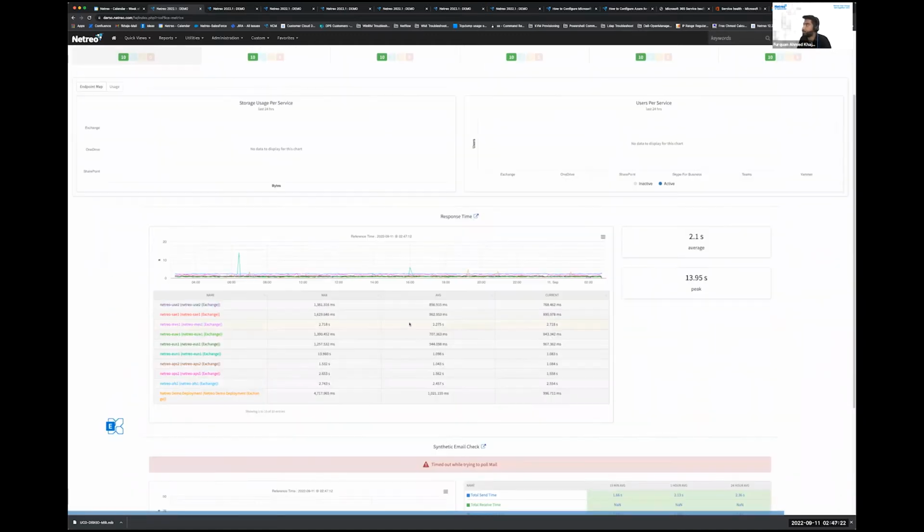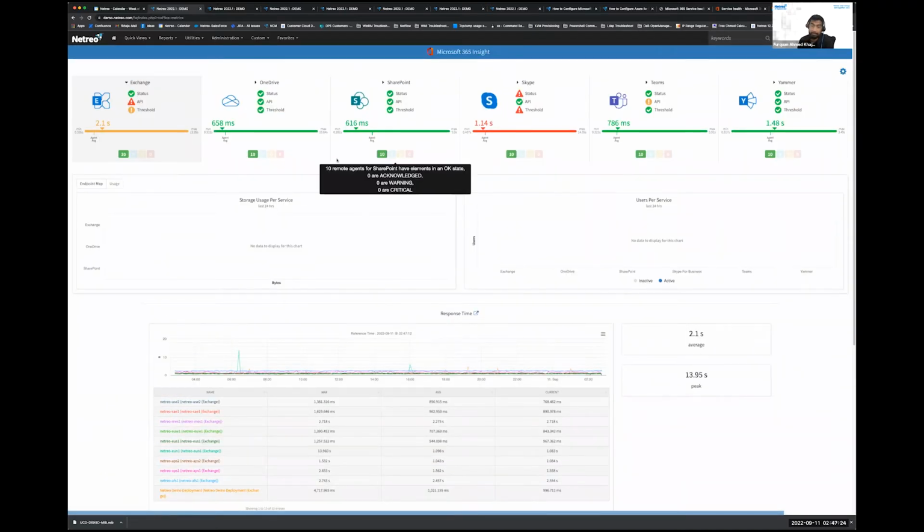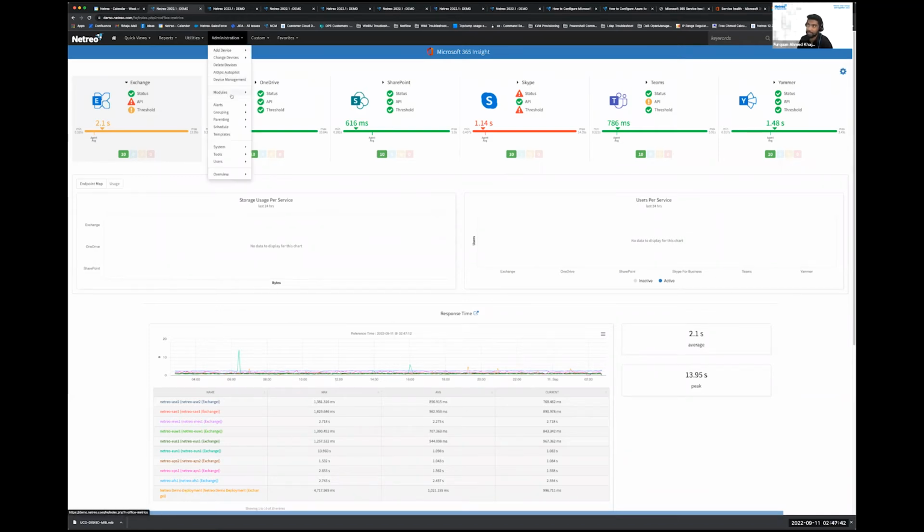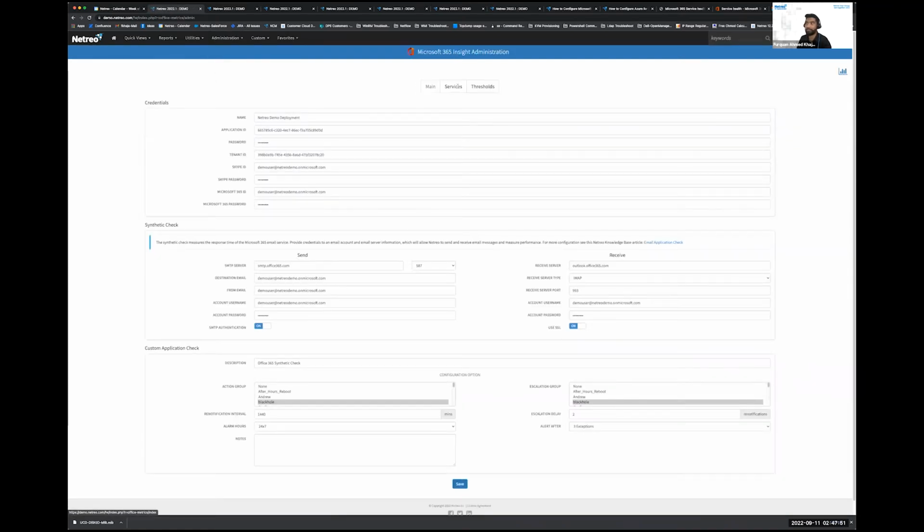Okay, now let's go ahead and take a look at how to configure your 365 estate inside Netreo's system. Okay, so you can configure your 365 estate by clicking on this settings widget, settings icon here from the 365 dashboard, or else you can also click on administration, modules, and Microsoft 365 Insight. Okay, let's go ahead and click on this settings icon here, and that will take us to this particular web